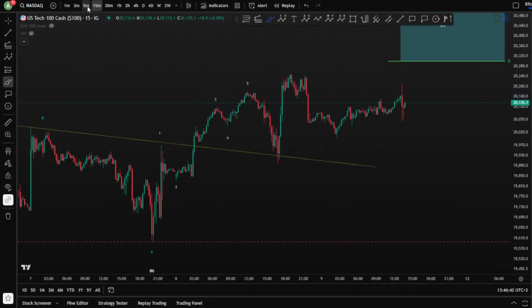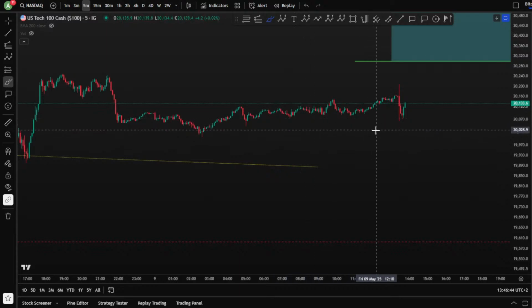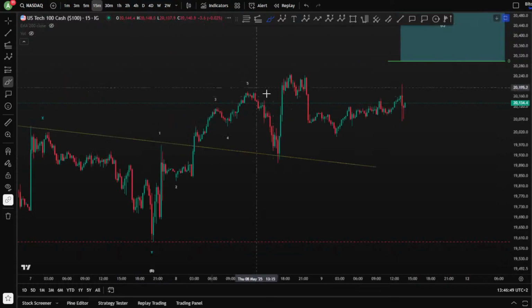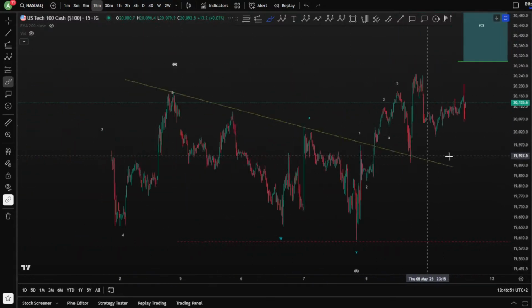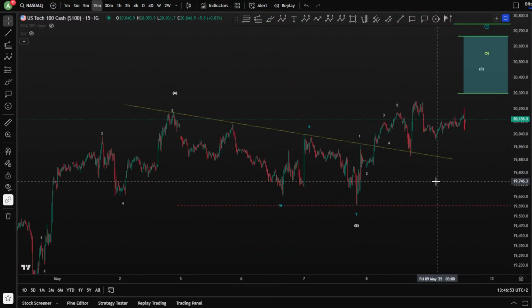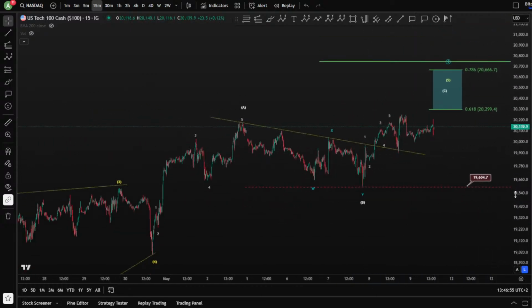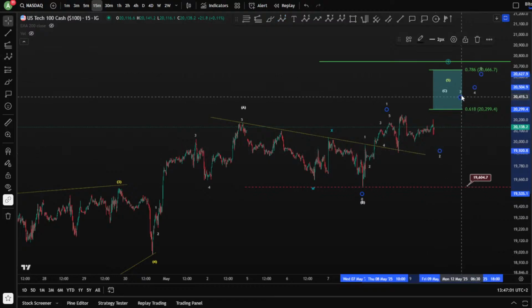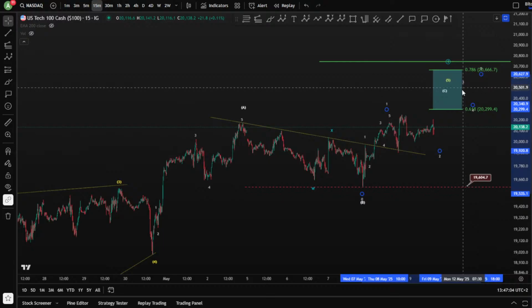This is carrying me a little bit. I don't know what the news are or why we see some volatility here. Okay, if you have no idea as well. All right. So 1, potentially 2, 3, 4, and a 5. This is what I'm looking for as the next price action.